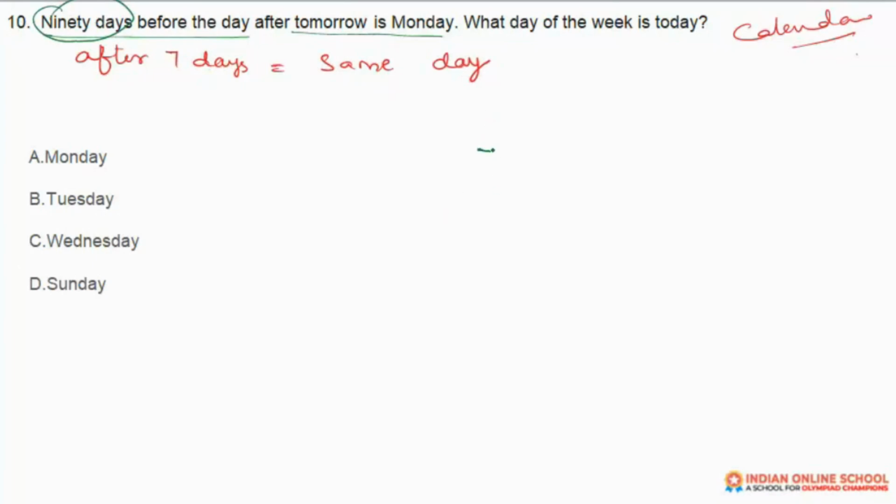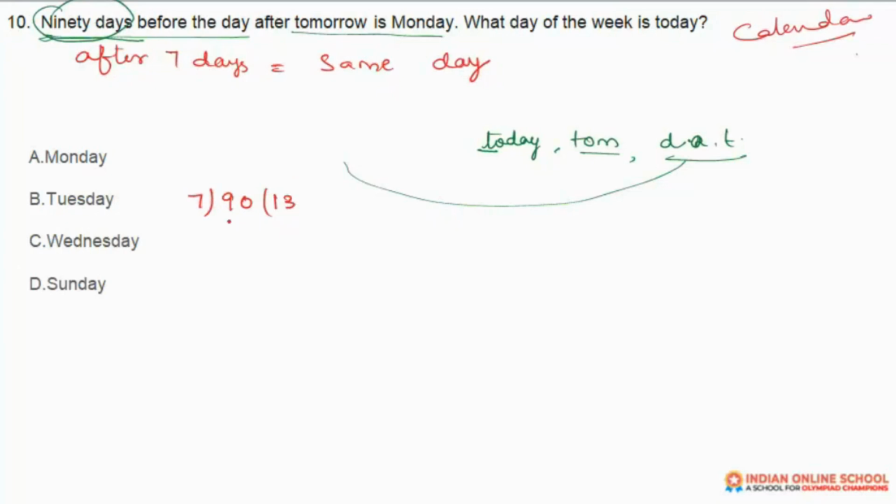So if this is today, then this needs to be tomorrow, and this needs to be the day after tomorrow. And 90 days before that, we get Monday. If we go with this, we have a total of 90 days on which we are supposed to do the entire calculation. So we will divide 90 by 7. When we divide 90 by 7, we get 12 times completely, and we will get